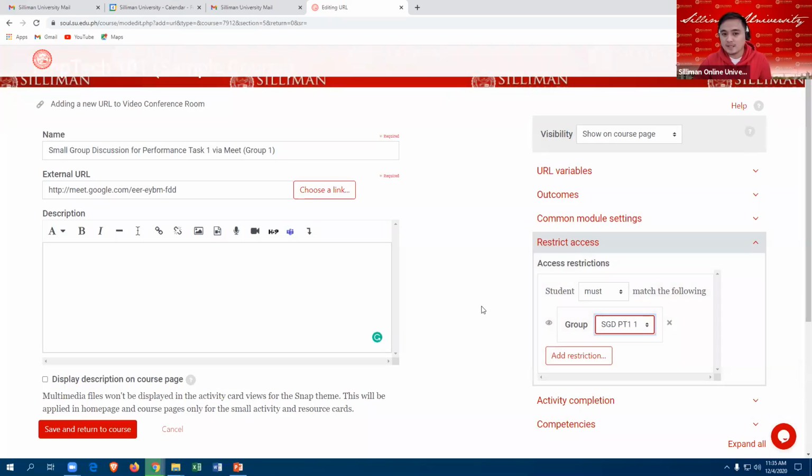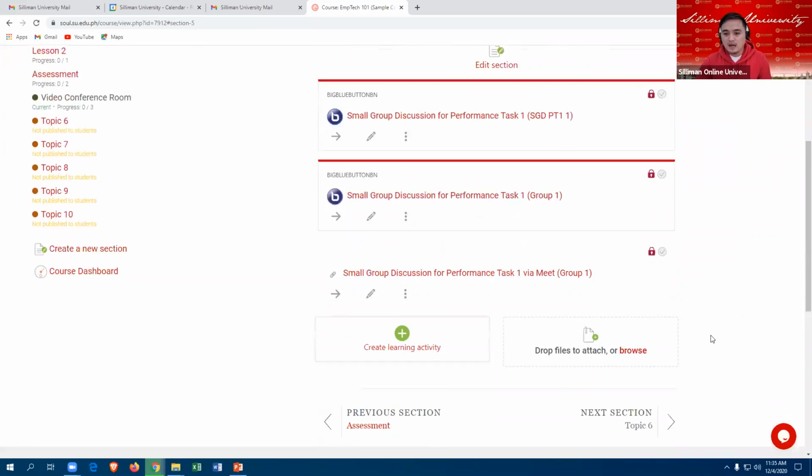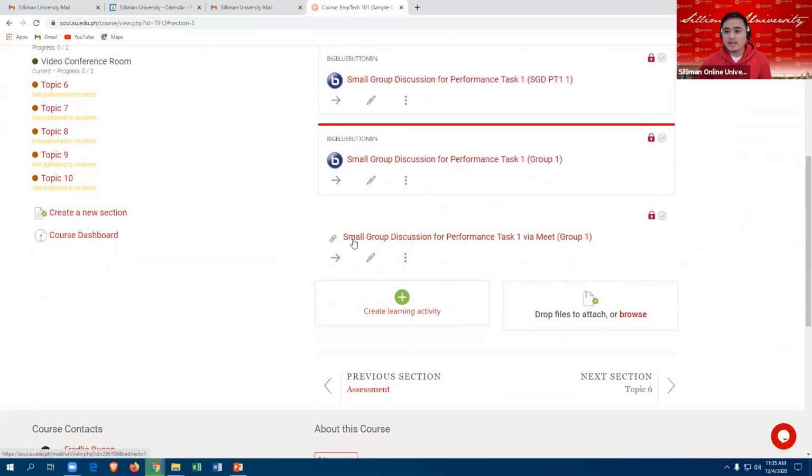So this is restricted only for group 1. Then I will click Save and Return to Course. Automatically it will create the URL resource, but this is locked and intended only for group 1.